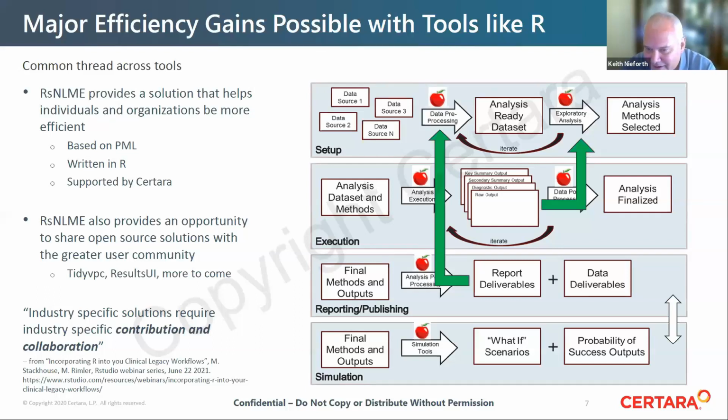And it sounds like a minor change, but if you used a bunch of different tools to generate the different graphics, and within each one of those tools you were using the drug ID number, and now your marketing guys want you to use a trade name, it can be hours to days of work. And a tool like RsNLME would allow you to make that change in the code and essentially rerun your analysis. So a major